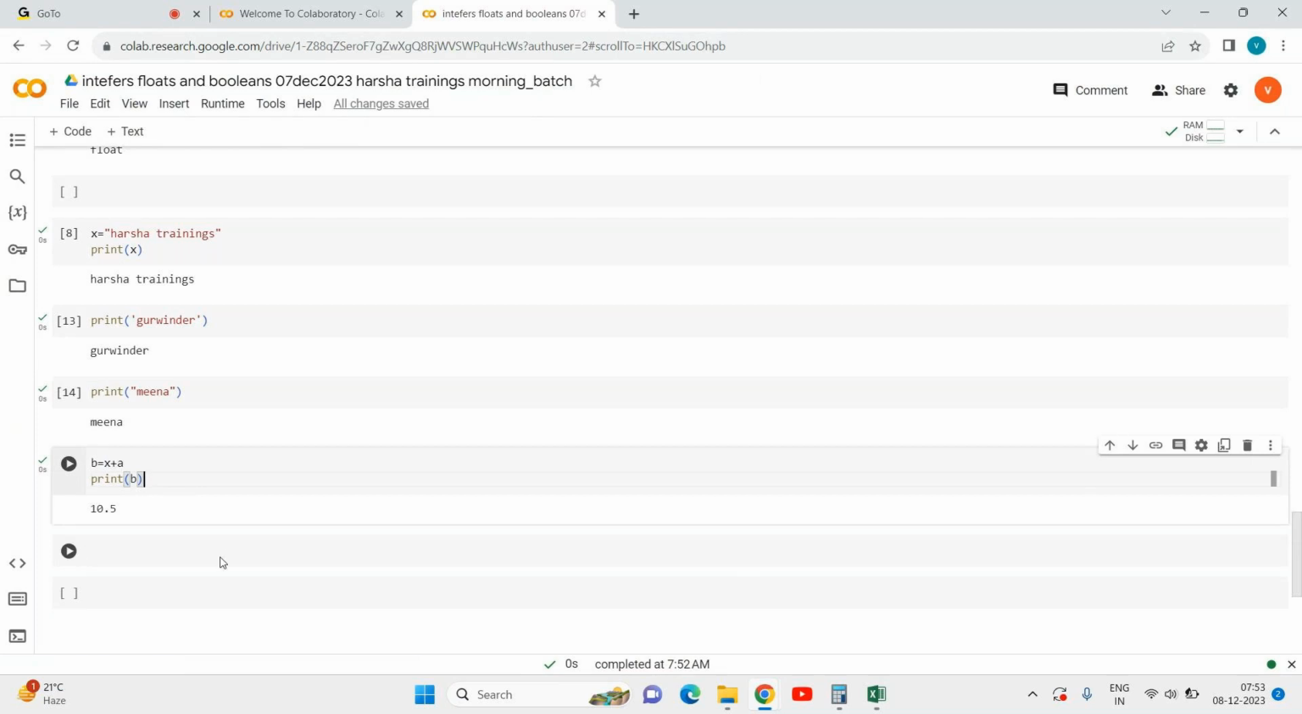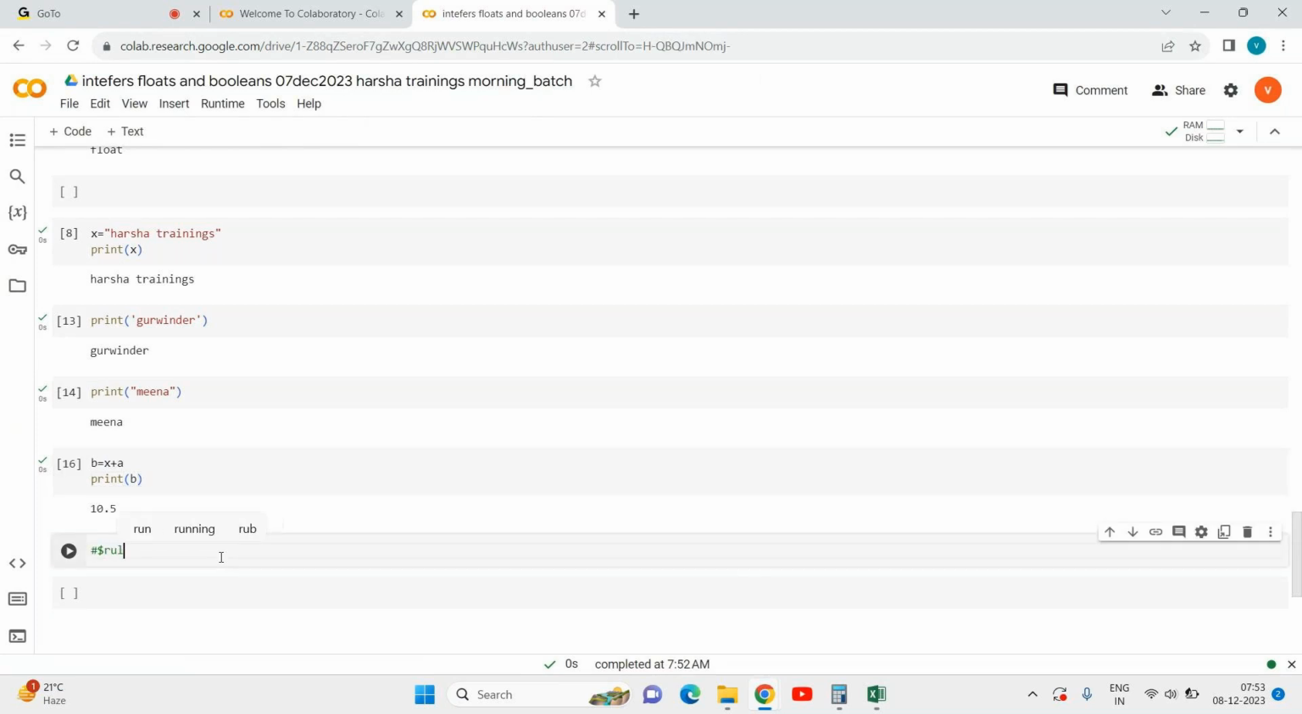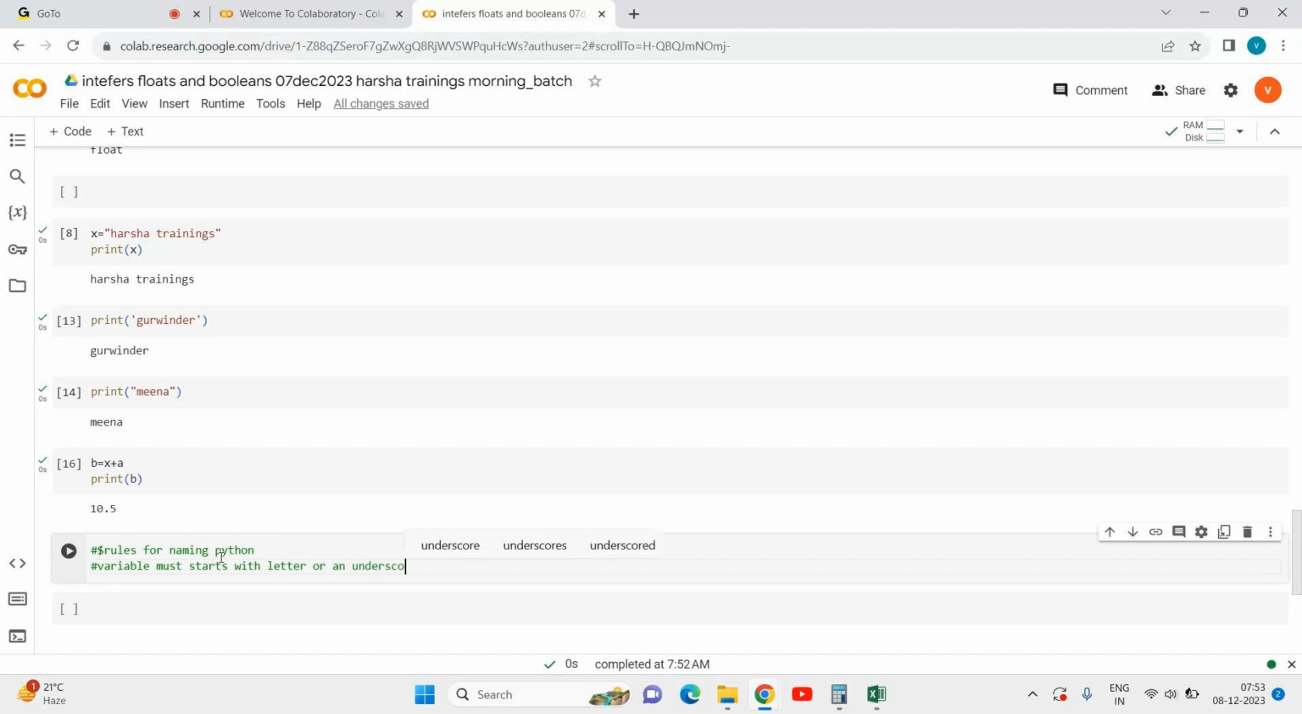Rules for naming variables in Python. A variable must every time start with a letter or an underscore. For example, like,